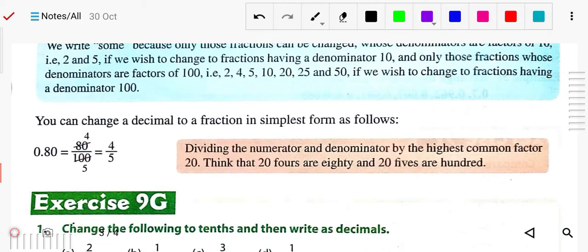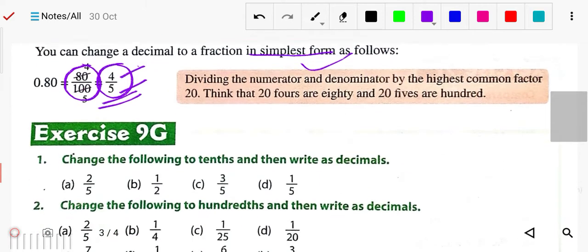And also, after converting this decimal to the fraction, we can write it in the simplest form. Simplest form is when the common factor of both numerator as well as denominator is 1, means there is no other number which can divide these two commonly, like 4 by 5, only 1 is the number which can divide 4 as well as 5. Further division is not possible, that is your simplest form. Got it?